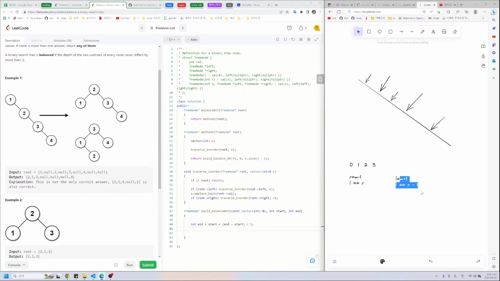So we need to consider this case and this case. And to build